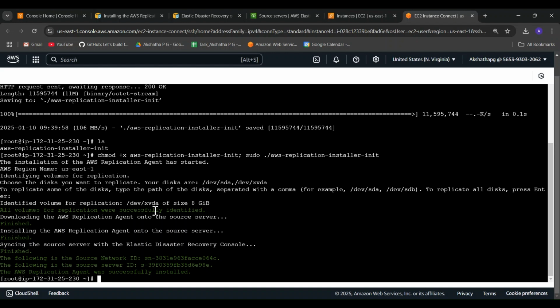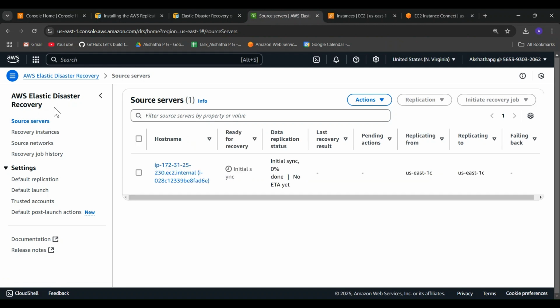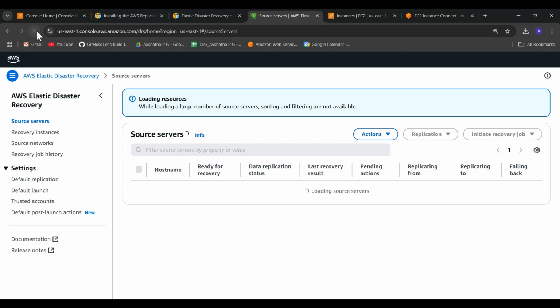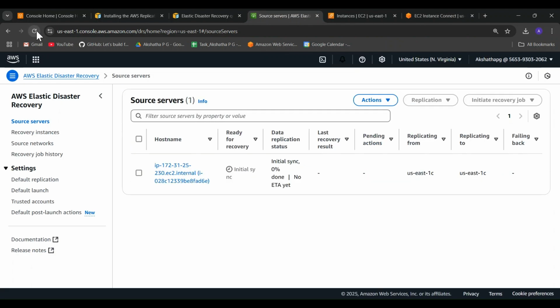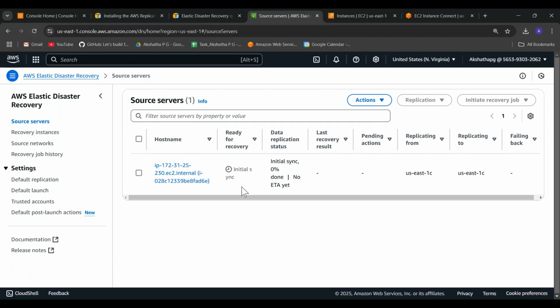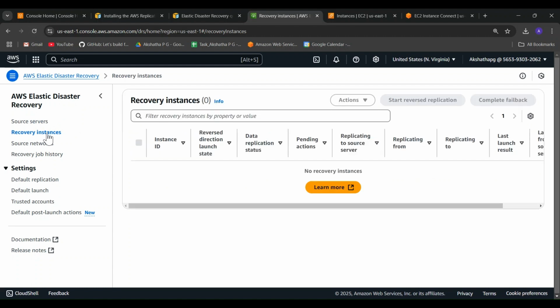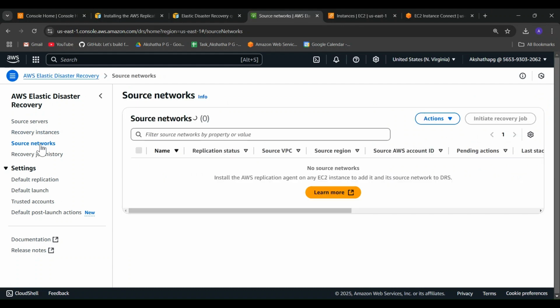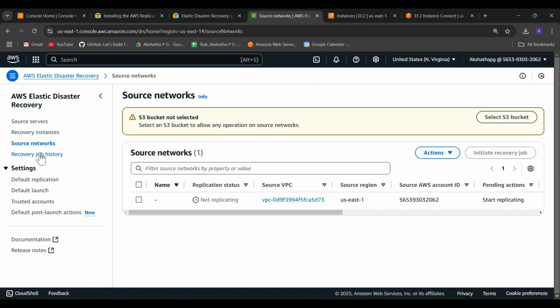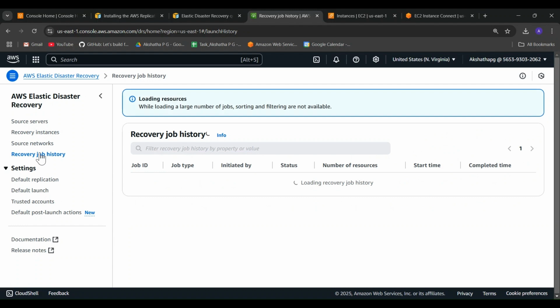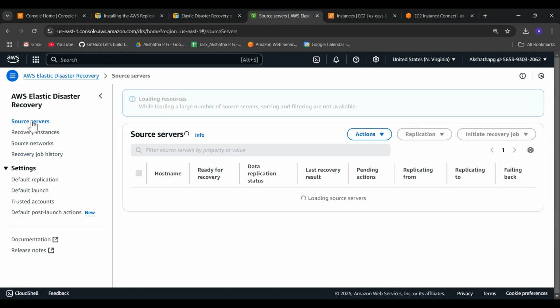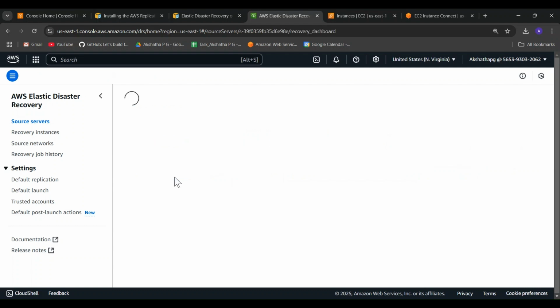So let's go to this and refresh the entire page. So see, it will initialize the sync. So you can see recover instance. There is still no recovery instance. So when you enter the source server,